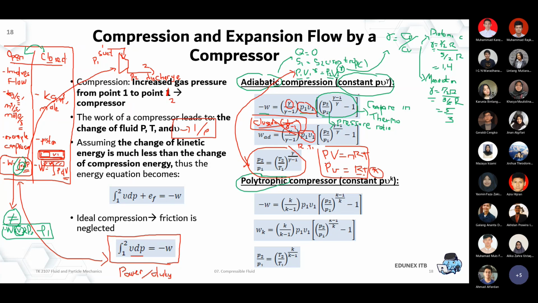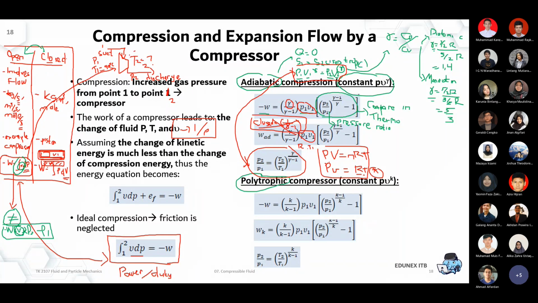So the first one here is to use the correlation between pressure and volume, but in some other cases we also need to know the temperature at the suction and at the discharge point. So let's say using this example, we have the temperature of the suction at 40 degrees C. Then what is my temperature at the discharge condition? It should be hotter. It's definitely going to be hotter.